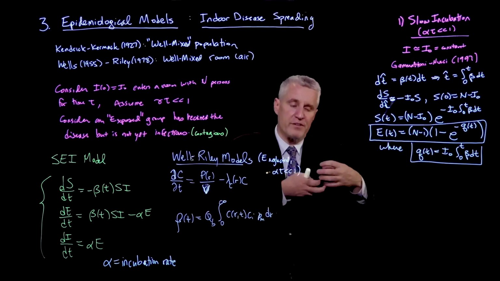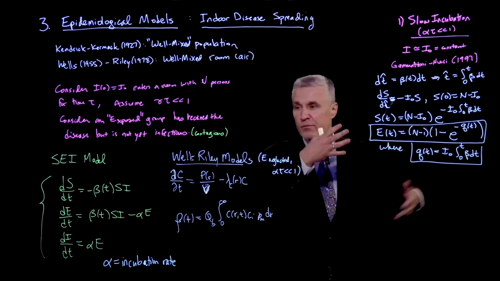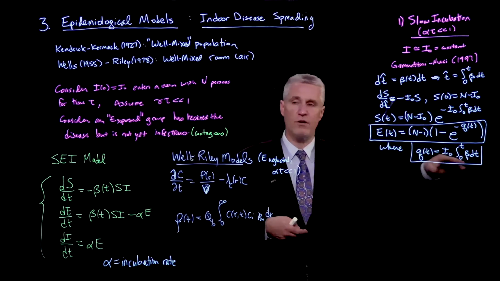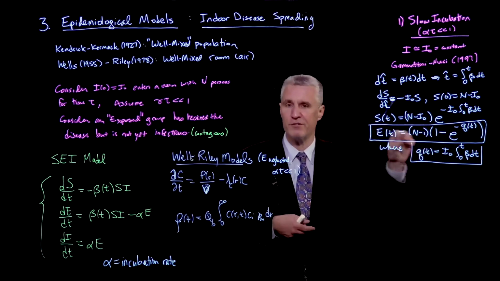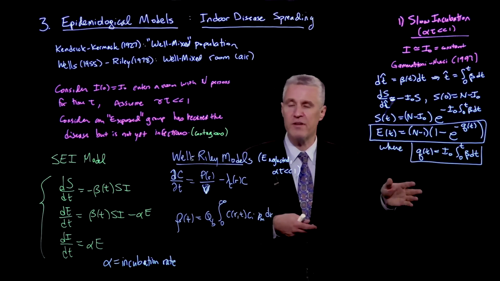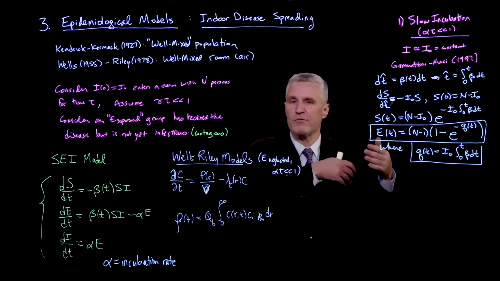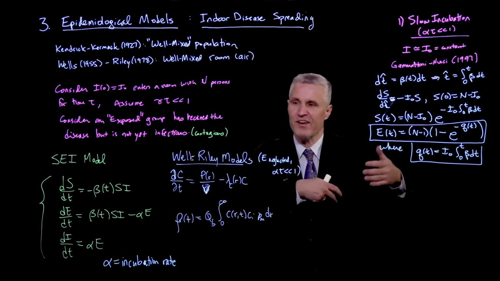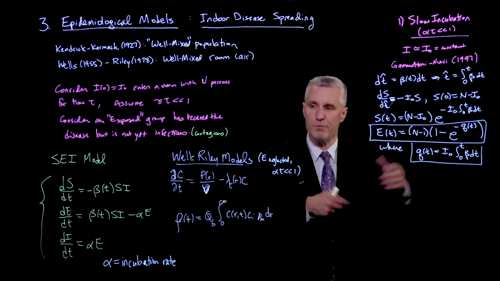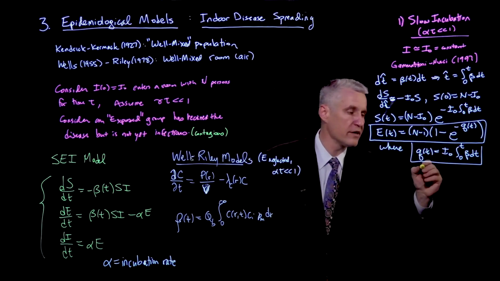So what is happening is that as someone gets exposed, they can't be exposed again. So there's some numbers there that are changing, so you can't keep passing an infection quantum to somebody and have them get infected over and over. So that doesn't happen. But what this is measuring is somehow the number of times that there's been an attempted infection, or an expected infection if a person were susceptible. Okay? So this q of t here is the